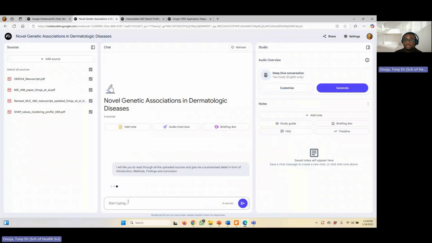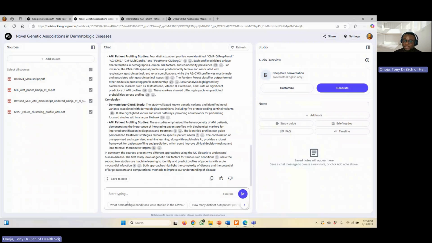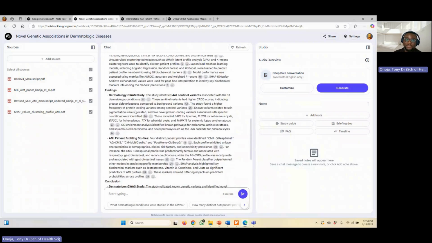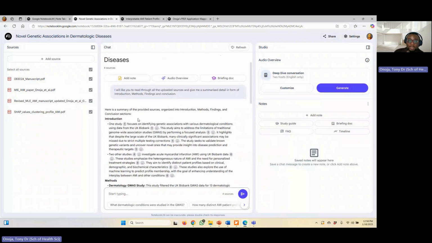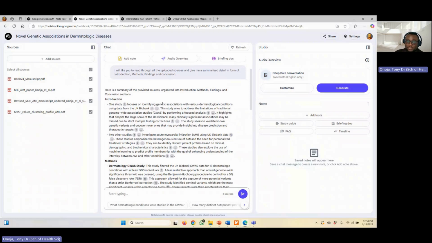Summarized fashion for me. Great. So now it has returned a detailed summary for me. So now let's talk about one study focused on identifying genetic association with various dermatological conditions using data from UK